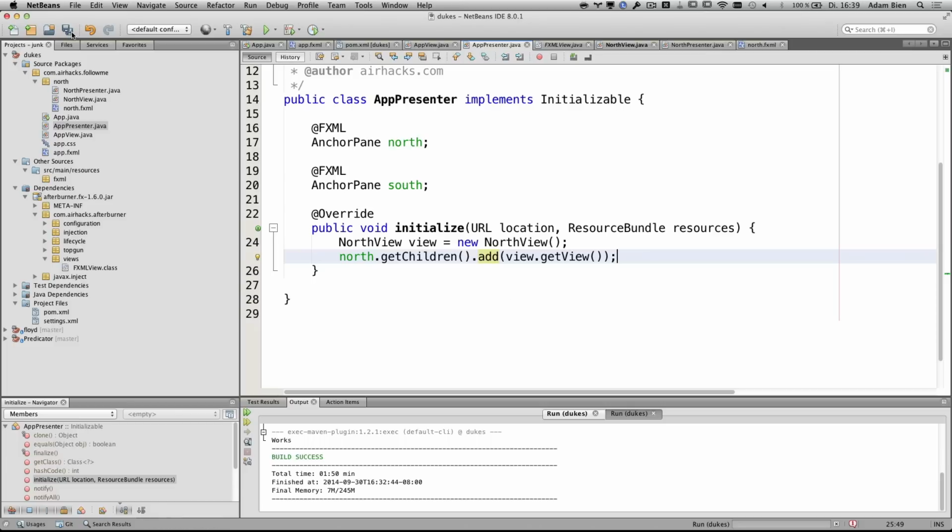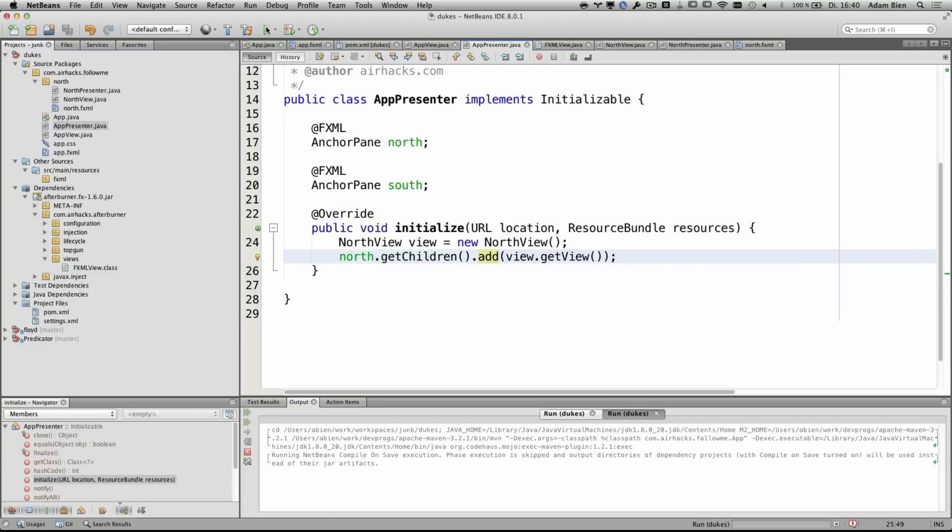Questions? Yeah, why not including the FXML directly? I think it is too error prone, but you can always do this. You can always include. You can decide here now to have multiple FXML, but it's a good point. You can have as many FXML as you like here with inclusion. It will always work. Any other question? Let's see whether it works actually.